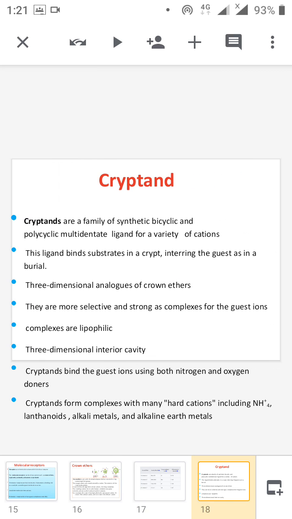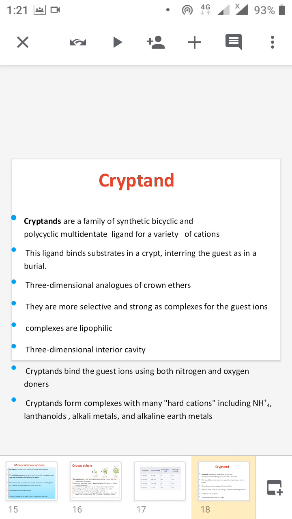Now the next molecular receptor is the cryptand. Cryptands are a family of synthetic bicyclic and polycyclic multidentate ligands for a variety of cations, and this ligand binds the substrate in a crypt. That means the cation is in the interior as a guest, as in the case of a burial, and the cryptand is a three-dimensional analogue of a crown ether, and there are selective and strong complexes for the guest ion, and the complexes are